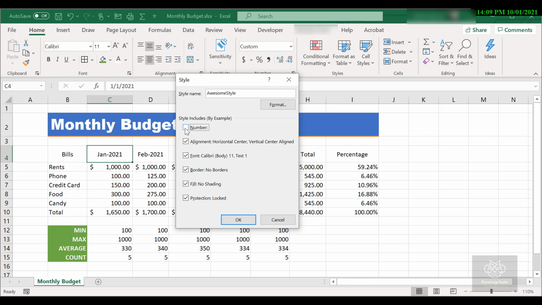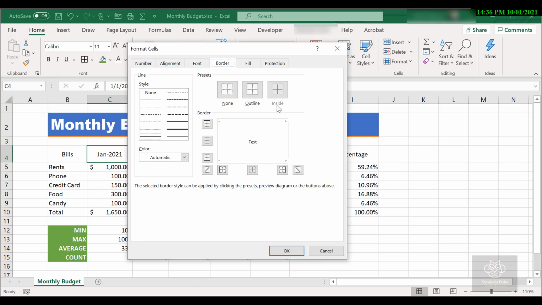I definitely don't want these to become General. We spent the time customizing those, getting those dates to look the way that we want them to. So turn that off. The rest of them I'm going to leave on: the alignment, the font, the border, the fill, the protection. We haven't talked about protection yet, but we will get there. But now with all of those active, I'm going to go to the Format button.